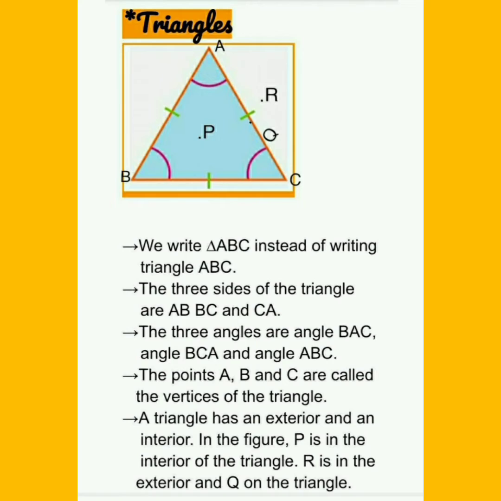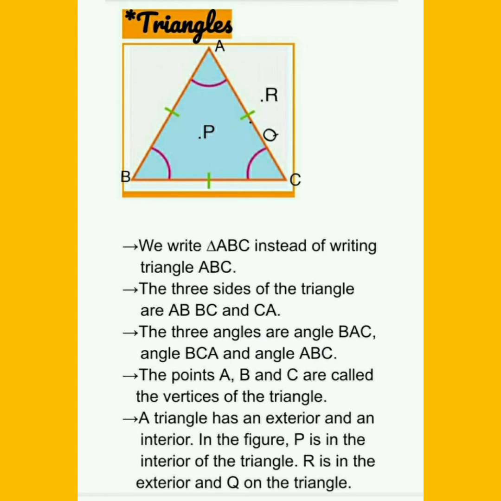Now, triangles. We have learnt about lines, line segments, okay? And relating to two lines, we have read about parallel lines and intersecting lines. Now coming to a figure containing three sides. Now you all know, if a figure contains three lines as shown in the figure, it is called a triangle. Okay, a three-sided figure is called a triangle. It is a closed figure.